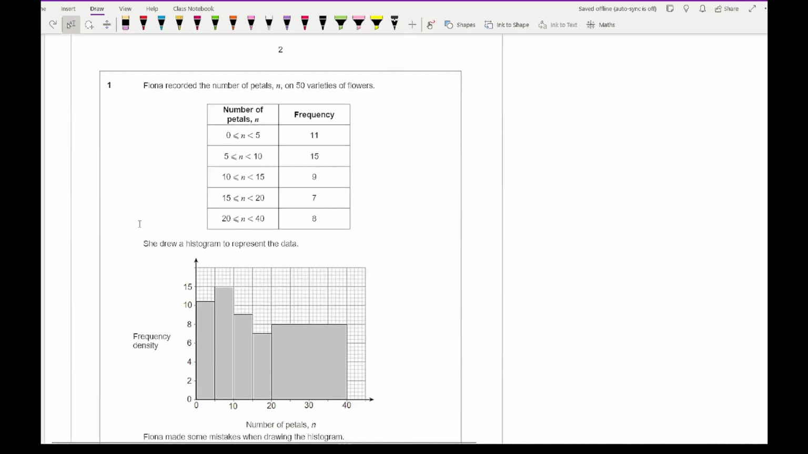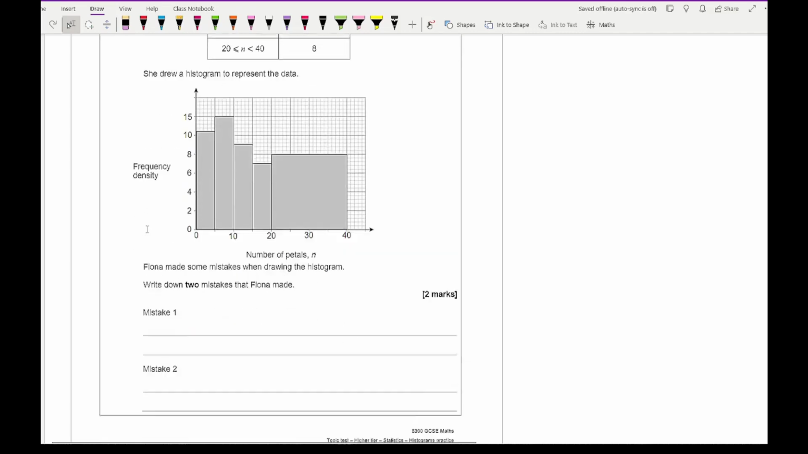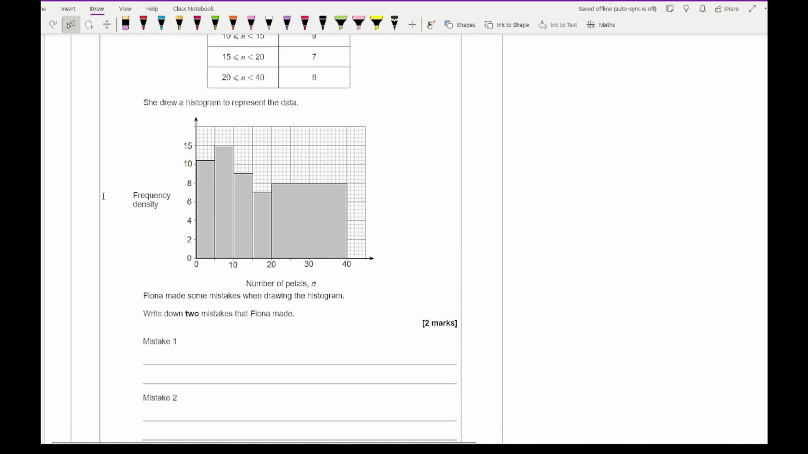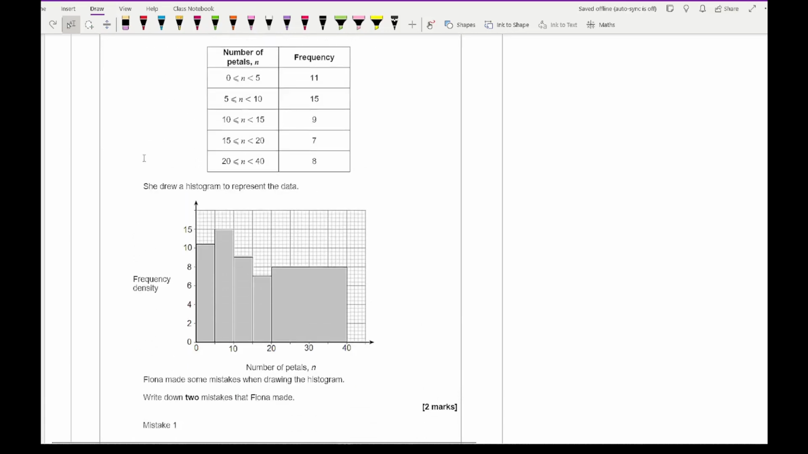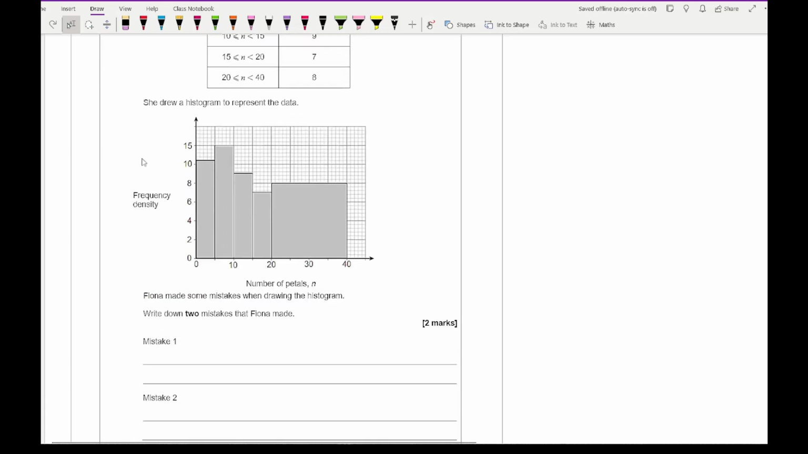So looking at question 1, it says Fiona recorded the number of petals n on 50 varieties of flowers. She drew a histogram to represent the data, and it says that Fiona made some mistakes when drawing her histogram. Write down 2 mistakes that Fiona made. Well, the most glaring mistake that she made was that she plotted the frequency against the frequency density instead of the frequency density. So you could say something along the lines of she plotted